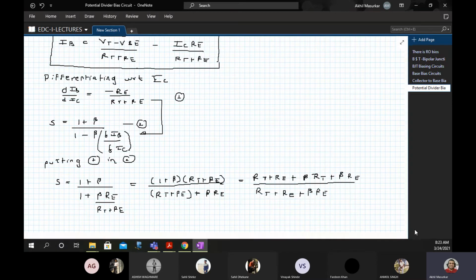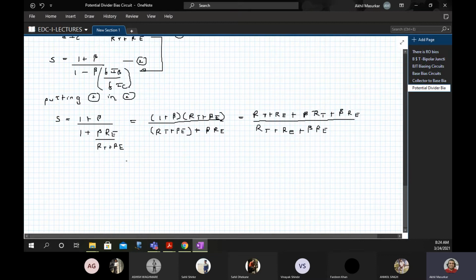Now we will just restructure this for our own sake. So S will be equal to RT plus RE plus beta RE, this entire thing plus beta times of RT